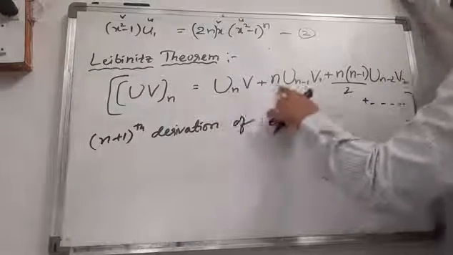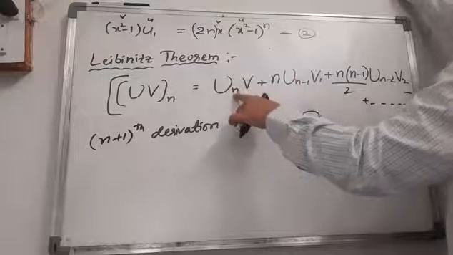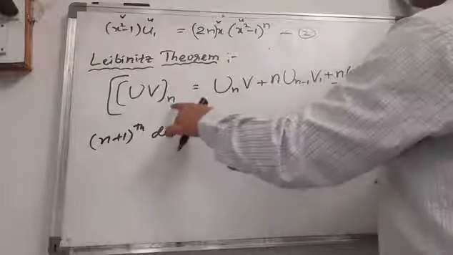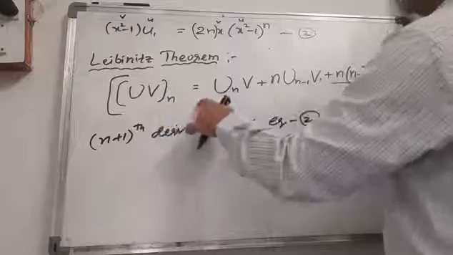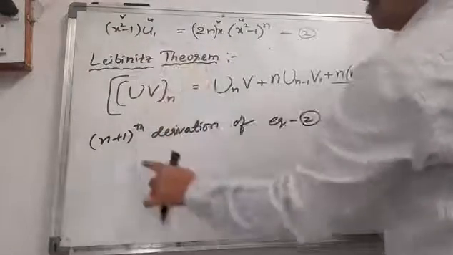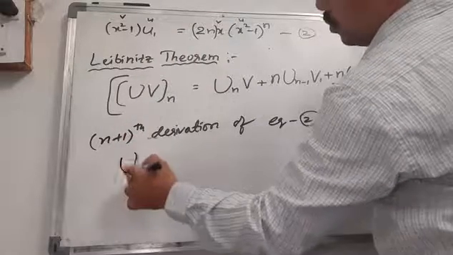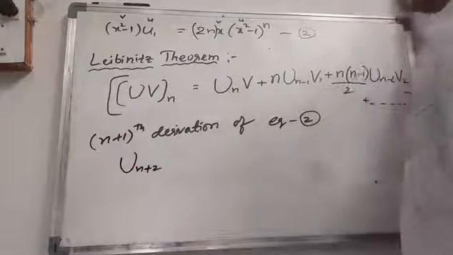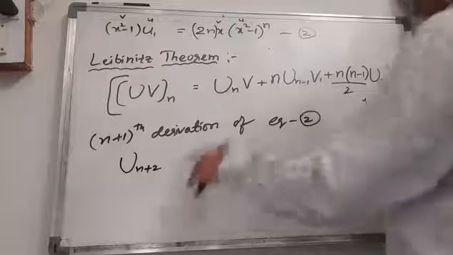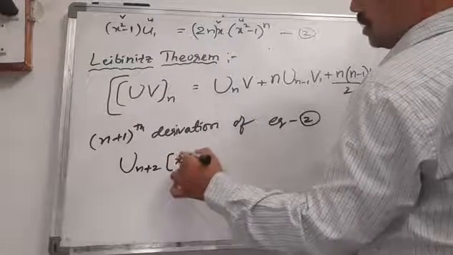So in the place of n we have to write n plus 1. Here n is there, n plus 1th derivative we are going to find out. Okay, wherever n is there we have to find n plus 1th term. So here already u1 is there. u1 means n plus 1 means n plus 1 plus 1. So that is un plus 2 derivation, un plus 2 derivation into v function. V function is x square minus 1